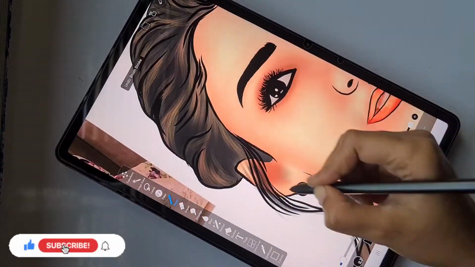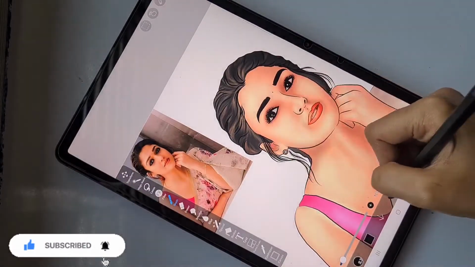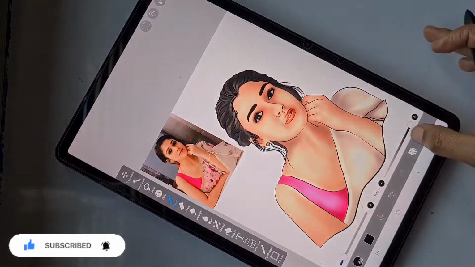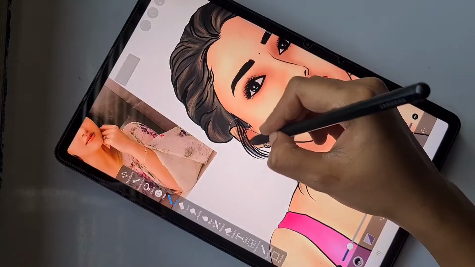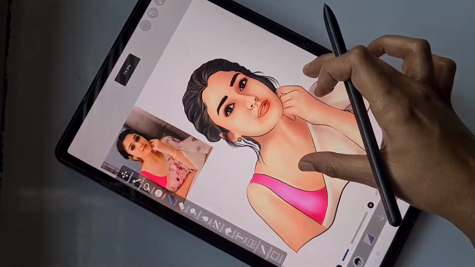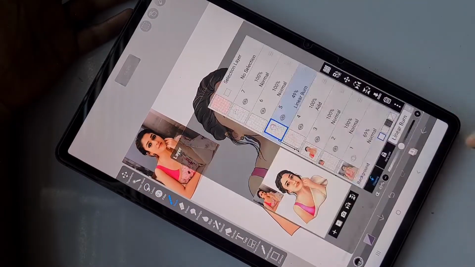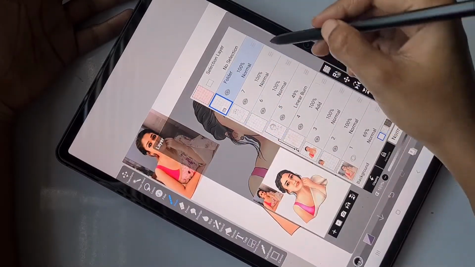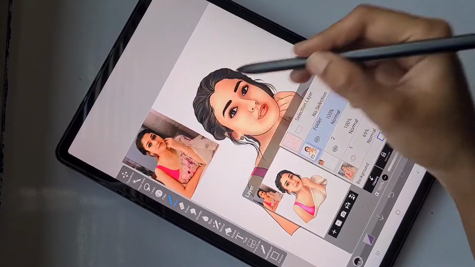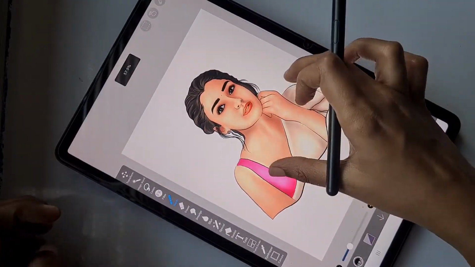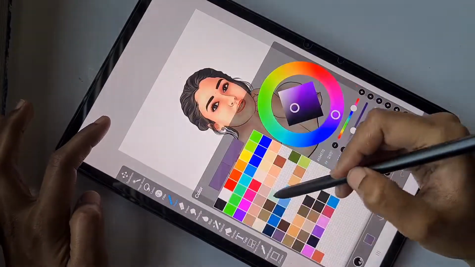Again, I feel like something is missing near her ears, so I'm going to the outline layer and adding some details using the pen, and adding shadow effect again in the linear burn blending mode layer. Now I'm going to create a folder and add all the layers that I used for Nayanthara in one folder. Then I'm going to create a new layer below that, and using the felt tip pen hard